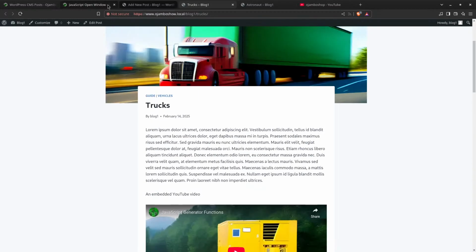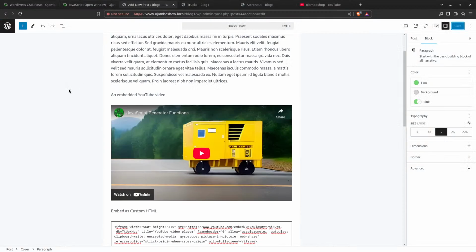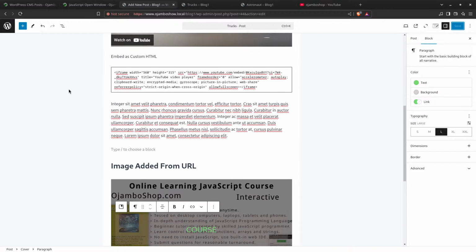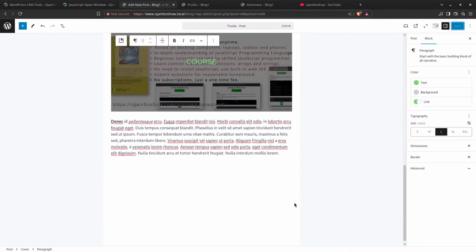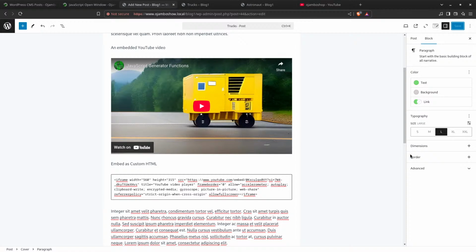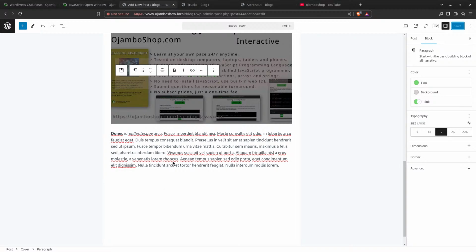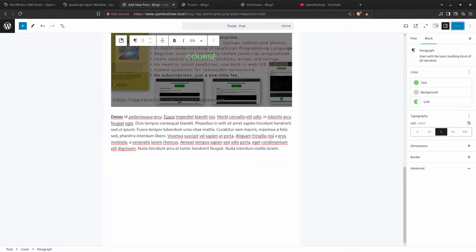Now I'm not going to touch on SEO in this tutorial because you can find that in multiple places. I've shown you how to add images using the media library, how to use the classic editor, how to use the Gutenberg editor, how to embed videos, and how to add custom HTML. One thing we haven't done here yet is